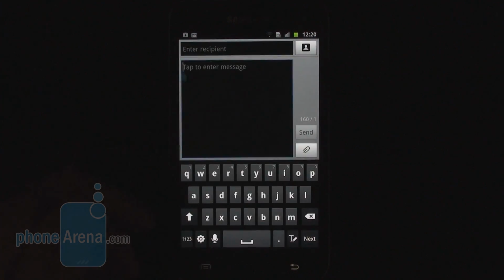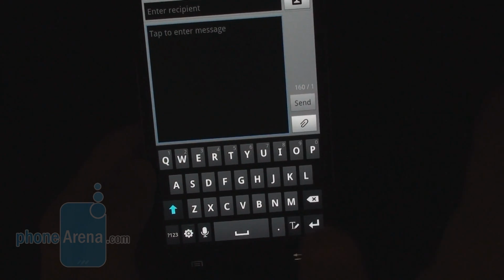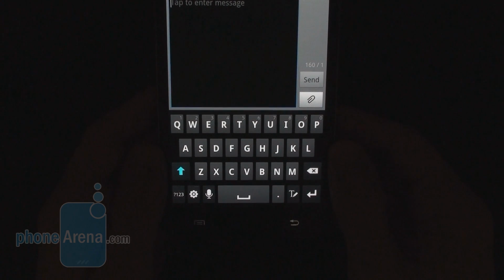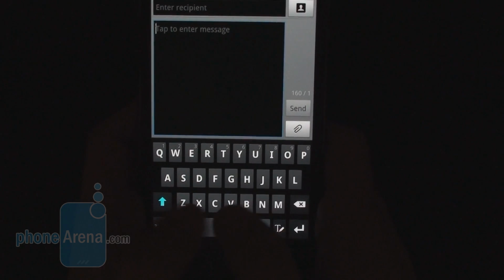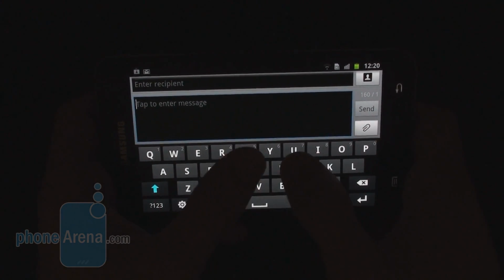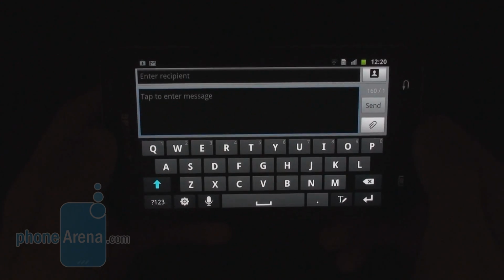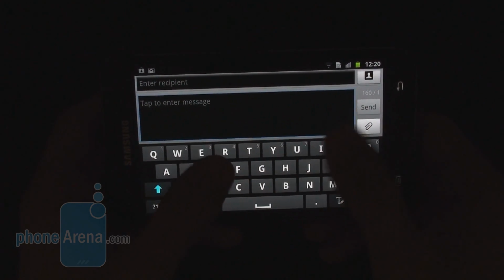TouchWiz enabled devices, but we would like to spend a few moments here talking about the typing experience on the Samsung Galaxy Note. First of all, we have to note that typing with the portrait QWERTY keyboard is not really comfortable. This is of course because of the specific dimensions of the device. Thankfully, the landscape QWERTY keyboard is plenty usable, with all the letters being big enough, allowing you to type relatively